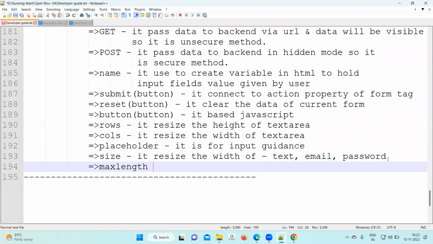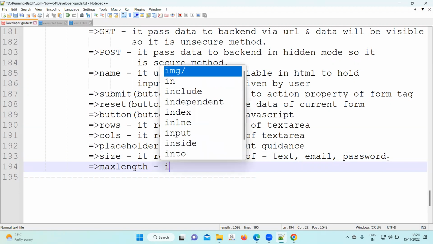Max length. It will help you to limit the input in characters. People should not write their name in 300 characters. We can limit it to 10 characters. The user cannot enter the entire village name as a password. They have to enter a certain number of characters. Okay, so you can write here it,